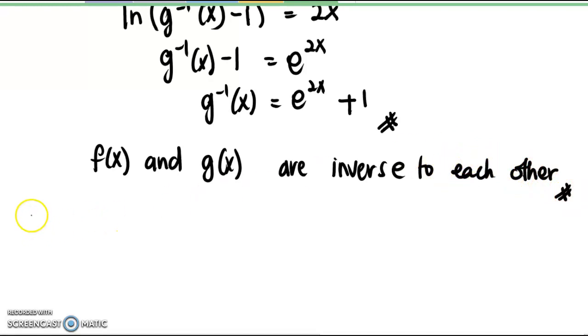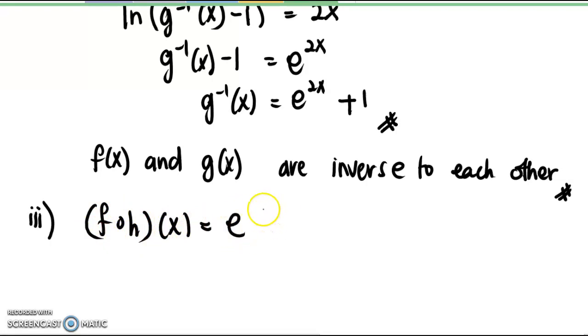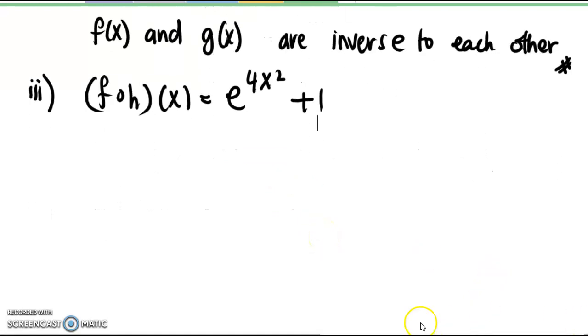Okay, soalan yang ketiga. f of h(x) equals exponent 4x squared plus 1. So we are going to find h(x). So we are going to compose h into f. So we have e